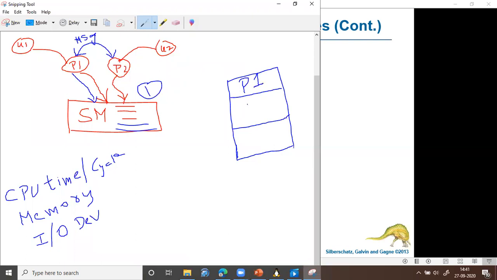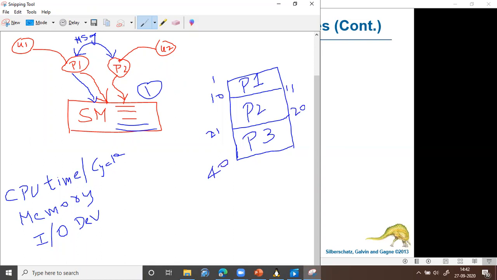For example, assume currently there are three processes in the main memory: process 1, process 2 and process 3. Say process 1 is using memory locations from 1 to 10, process 2 is using memory locations from 11 to 20, and process 3 is using memory locations from 21 to say 40. Now process 1 should be allowed to access only memory locations 1 to 10.